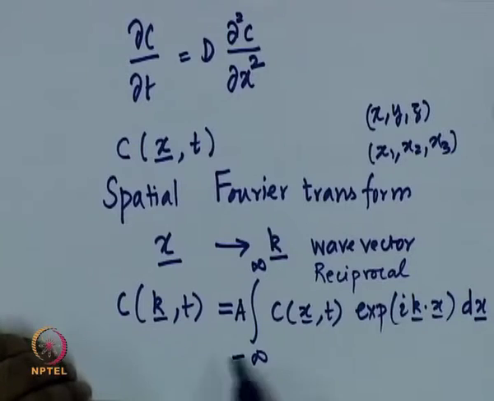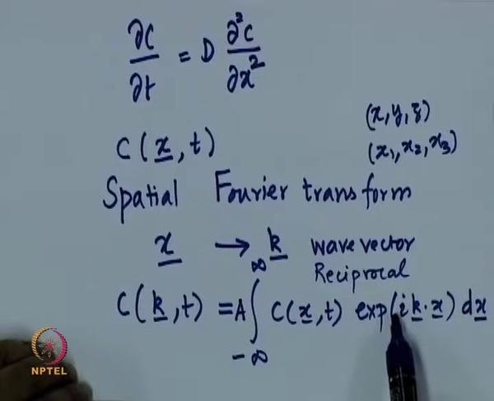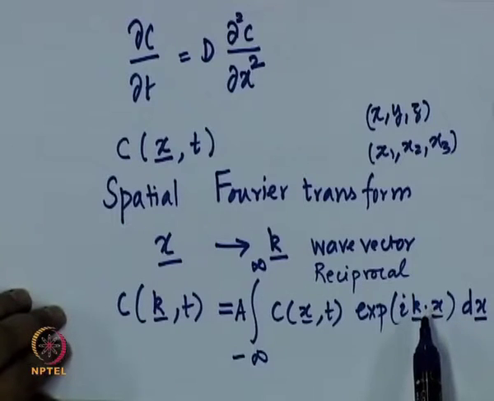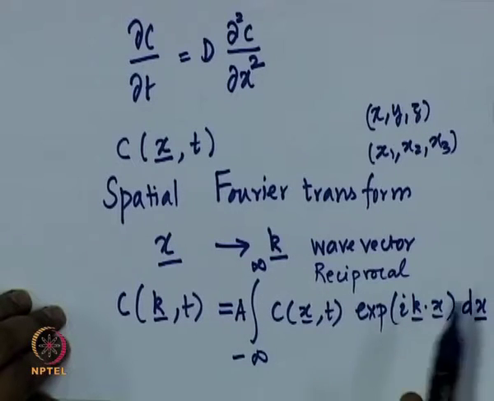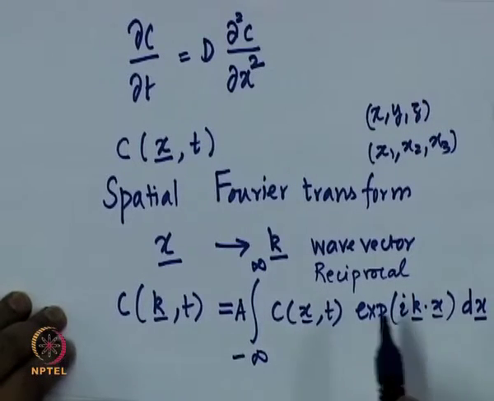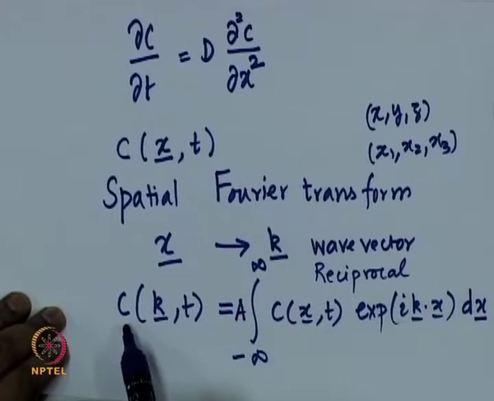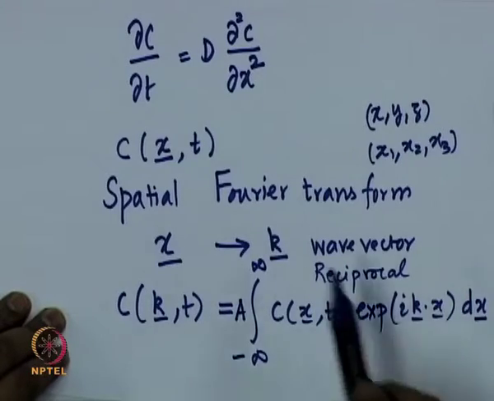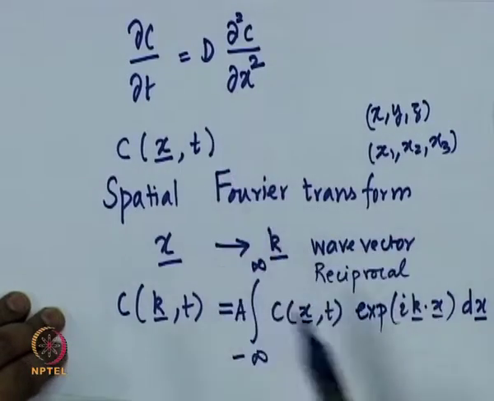The other thing to remember is that sometimes Fourier transform is defined with exponential minus i k dot x, and inverse Fourier transform is defined with exponential i k dot x. So again, this is a convention. You can define it whichever way you want, but you need to look up the documentation if you are going to use Fourier transform for your purposes to know what is the right definition. Okay. So let us say that this is the Fourier transform definition that we are going to use. Then using this we are going to reduce this equation to an ODE. So that is what we want to do. So how do we do that?